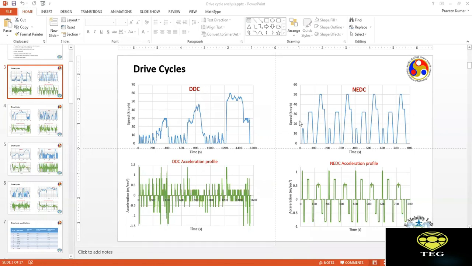for different locations. So now here at this point, having discussed all this, I would also like to ask you some more questions. Let's consider the two driving cycles shown here on the screen, the DDC and NEDC. What would you think would be the primary requirements of the prime mover, the engine or the motor, for DDC and NEDC? Would they be different? Would they be the same? And so on.